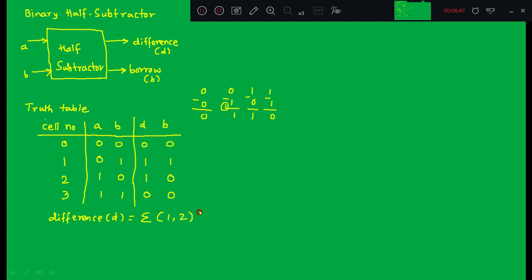So you will get the expression in terms of inputs as A bar B plus A B bar, which is nothing but A XOR B. This is similar to the previous analysis where sum is A XOR B; here difference is also A XOR B. So the circuit implementation, if I draw, consists of an XOR gate. A and B are inputs, and it will generate the difference D.